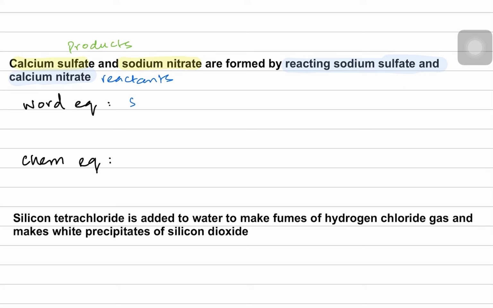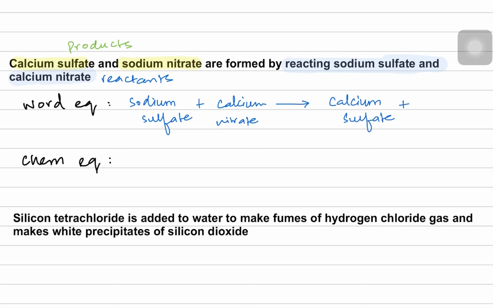So sodium sulfate plus calcium nitrate, arrow, calcium sulfate plus sodium nitrate. The word equation has arrows and plus signs, but with the name of the compound rather than formula. For chemical equation, we know sodium sulfate has a formula